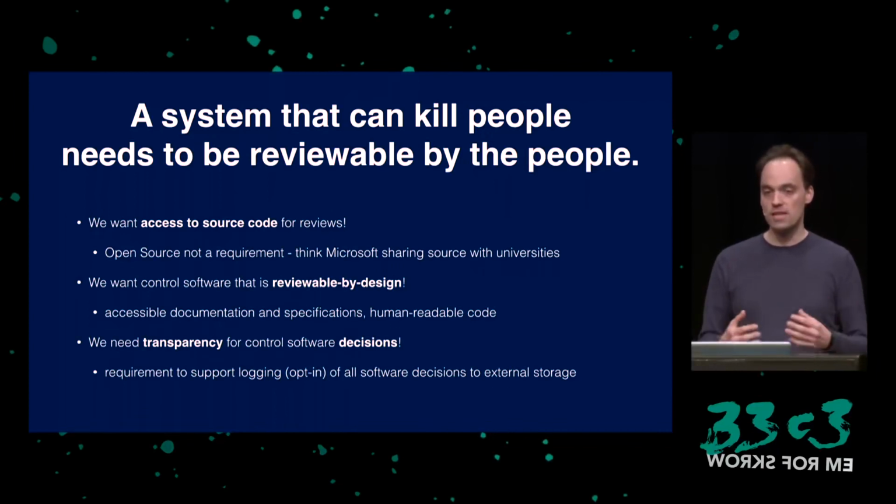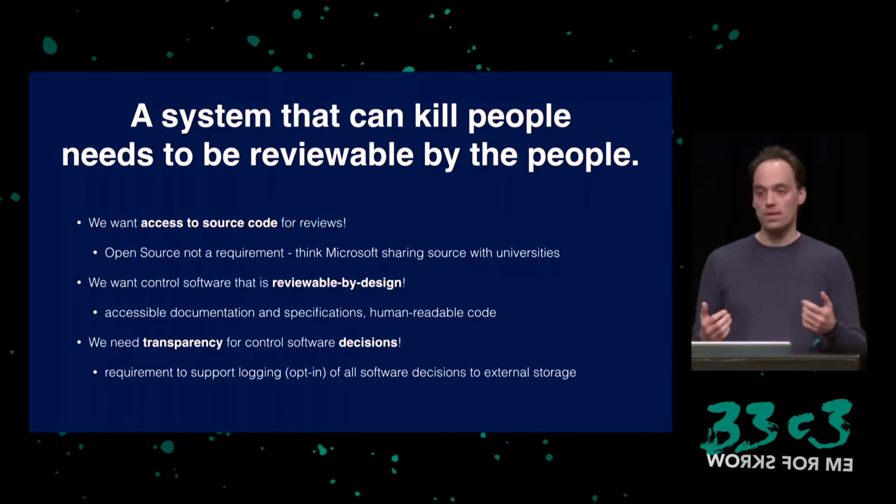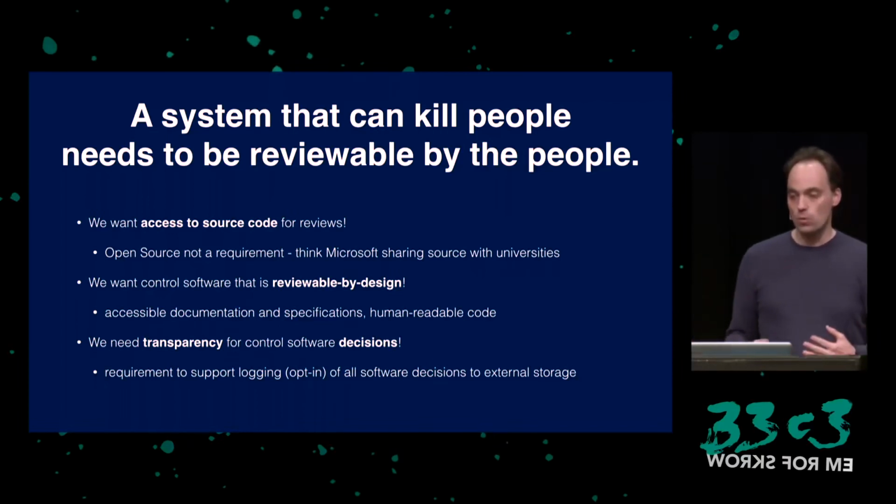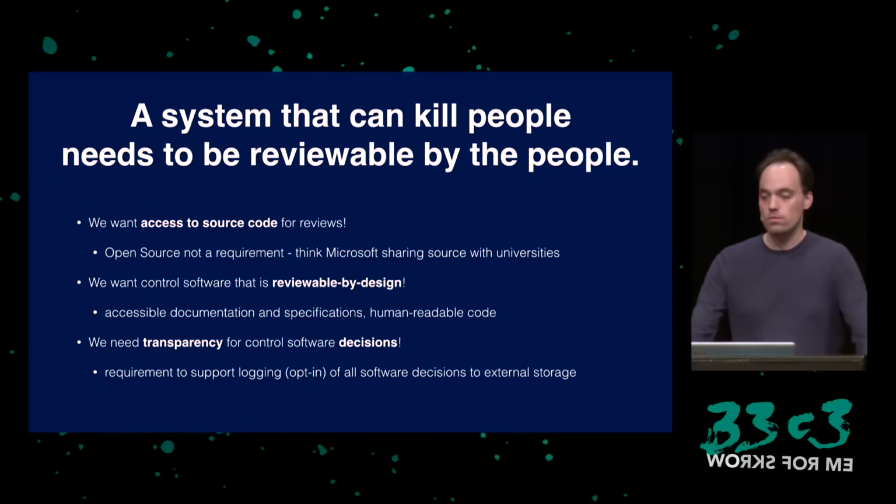And I want to understand why they chose that curve or that map in this way. What was the design criteria? That needs to be reviewed. And we need transparency for controlled software decisions, which means that